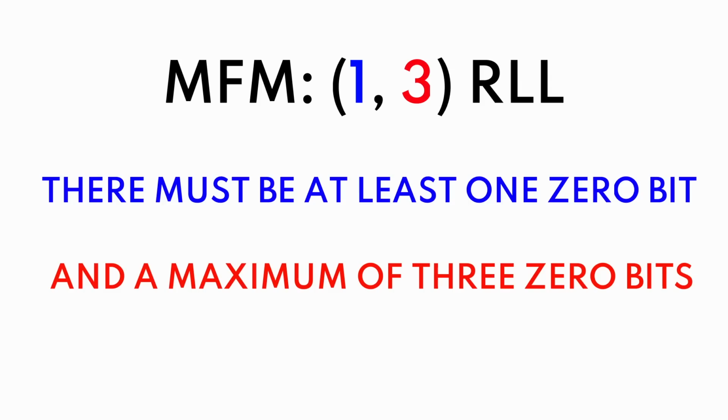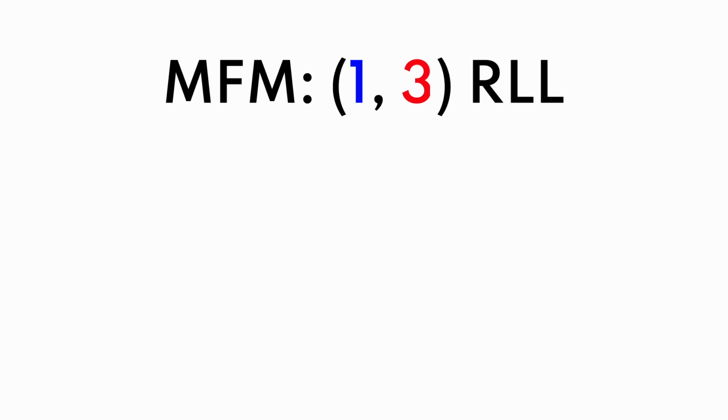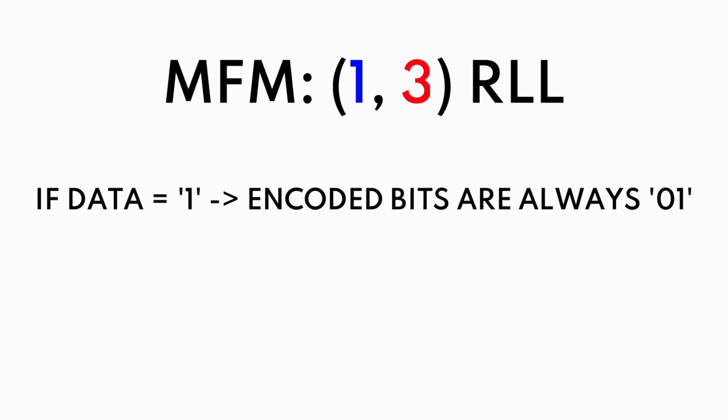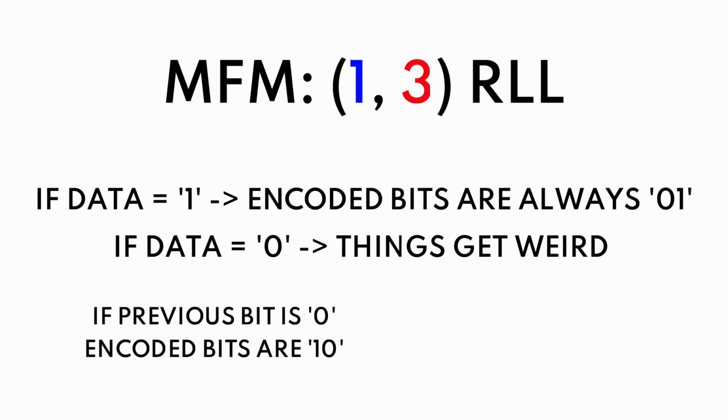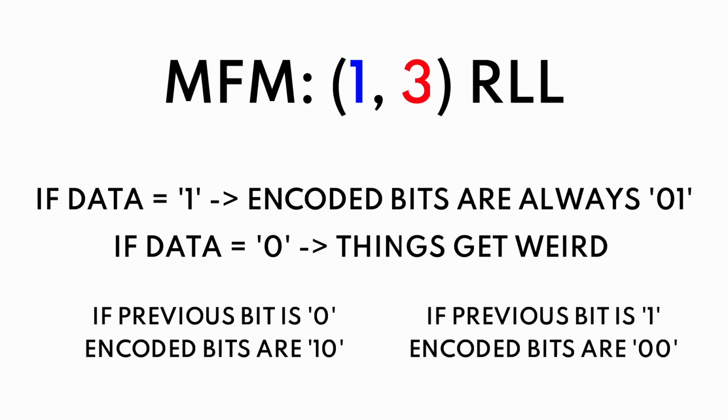Now, MFM is also, again, RLL encoding, and it's 1,3, which means at a minimum, we have 1 0 bit. And at the maximum, we can go up to 3 0 bits. So if we have a data bit of 1, that always gets encoded as 01 on the platter. But if we have a data bit of 0, we have to look at what the preceding bit is. If the preceding bit is 0, we write down 10 for a 0 data bit. If the preceding bit is 1, we write down 00. This is really, really confusing, and this is actually the simpler type of RLL encoding. But if we look at our example from before, which is a data value of 1001, we end up with an encoded value of